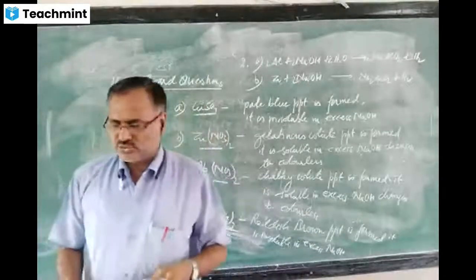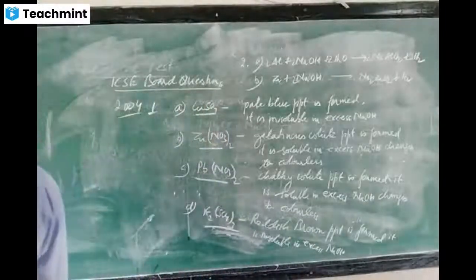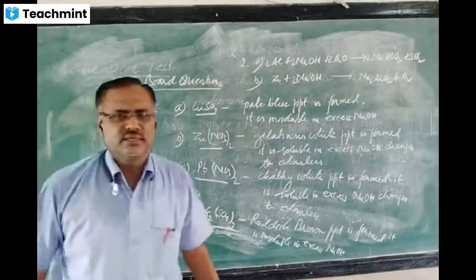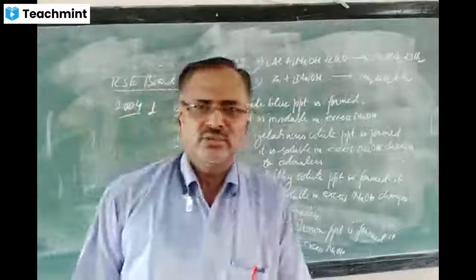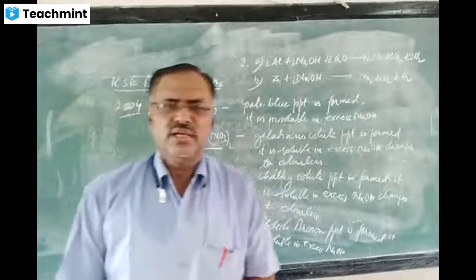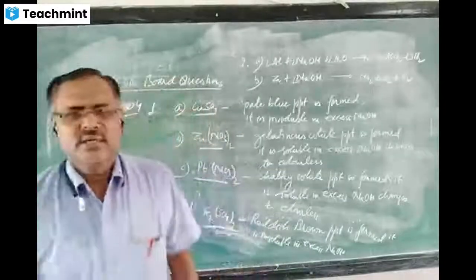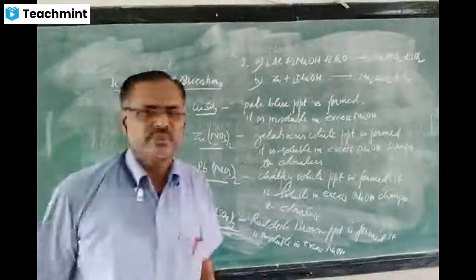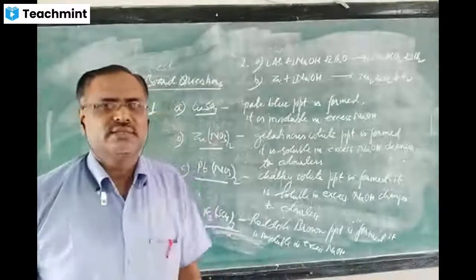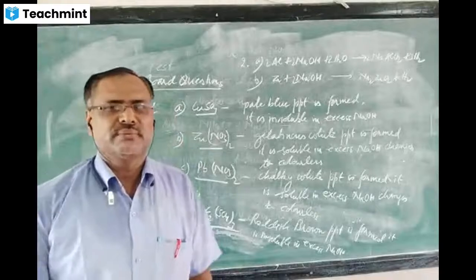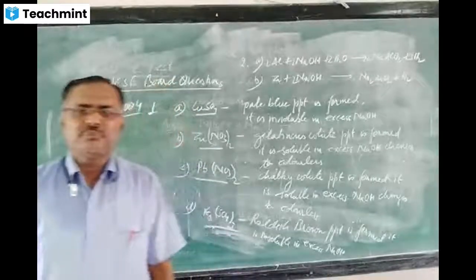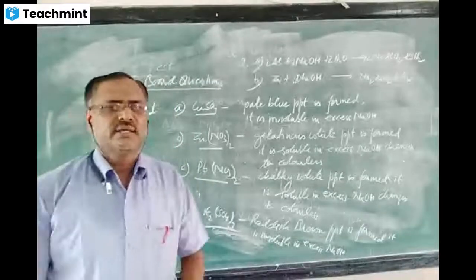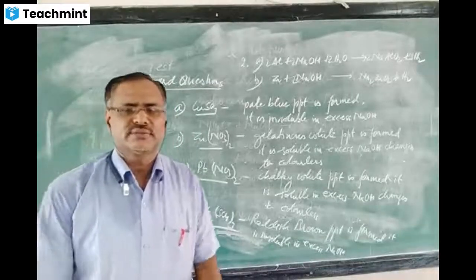So 2004 is over, and we will take the next one, 2005, in tomorrow's class. So today up to here. What you have studied, the problems based on chemical test, read it properly and learn it properly. In the next class you will get questions based on chemical test also, and whatever topics you have prepared. You can prepare the third B chapter, then we will discuss the question answers.